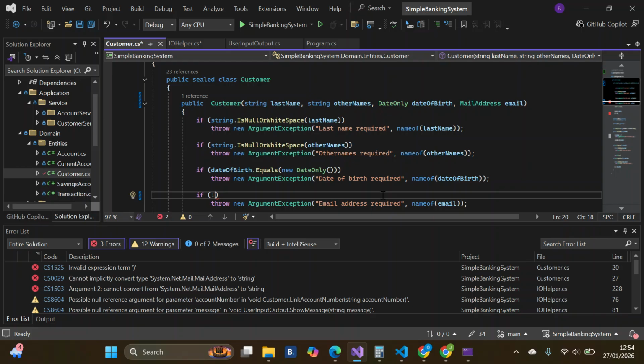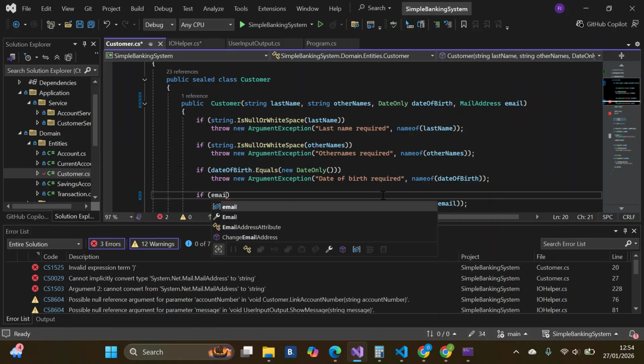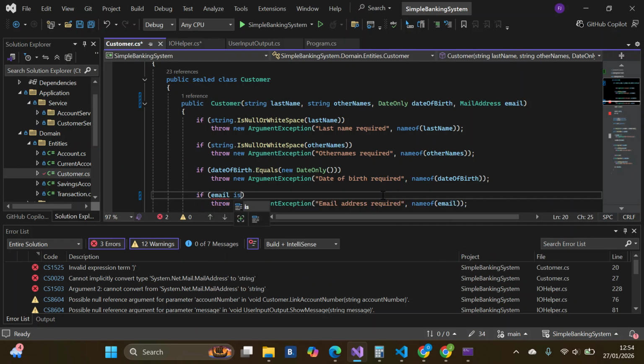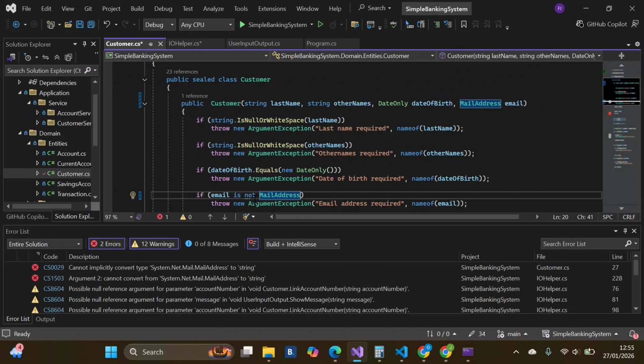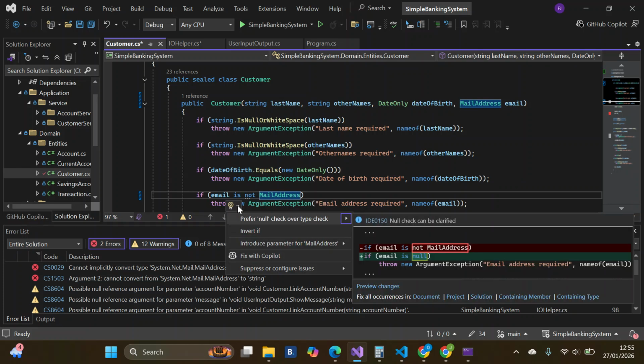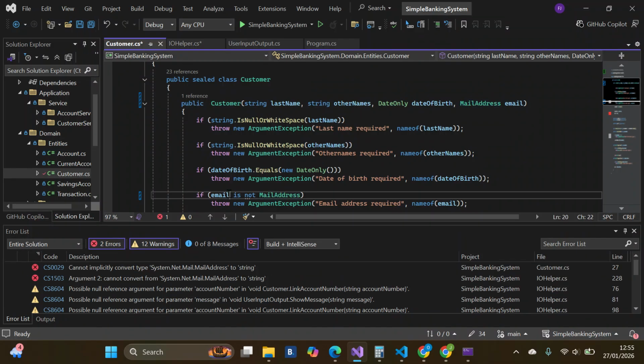If not, if email is not mail address, okay, if email